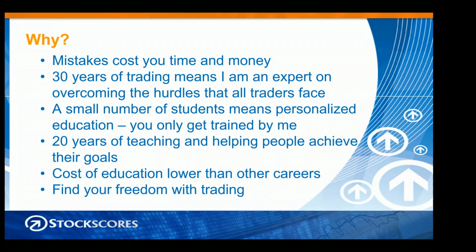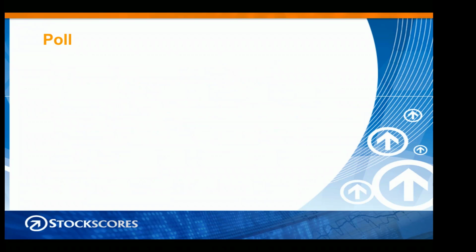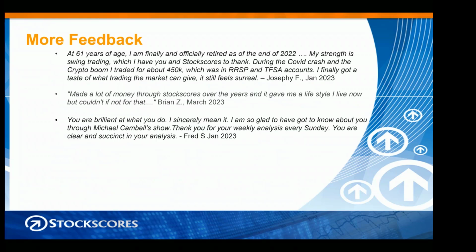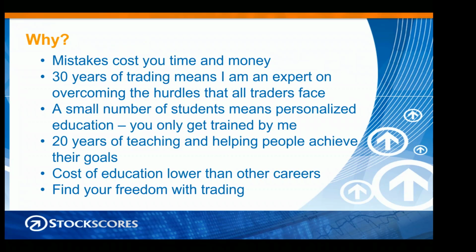I had more than one student email me during the COVID rally after the crash. So say in 2020, 2021, I had numerous students making six figures in a month. I think there was a comment here, a guy made $450,000 through that boom, in their retirement account. So you can do it, but you need the knowledge. You can get it somewhere else. You can figure it out on your own, or you can buy it from me for a pretty reasonable cost.